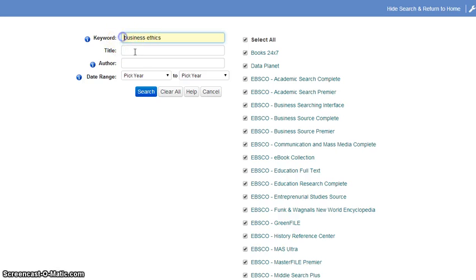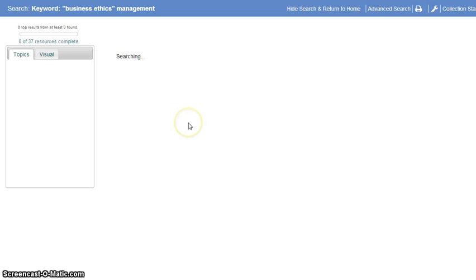Right here, it's already set up in the keyword. If I'm just looking for business ethics, I can put in keywords. It doesn't matter if I'm looking for those two words anywhere. But if I specifically want to find business ethics, and this is the same thing with Google or anything, this is called a bound search. When I put the quotation marks around it, it's only going to look for business ethics side by side, with business first and ethics last. I'm also going to add another keyword just to see if we can help narrow things down. I'm going to put management, and it's going to look for management anywhere like it did before. So we're going to do another search, and this might take a little while.